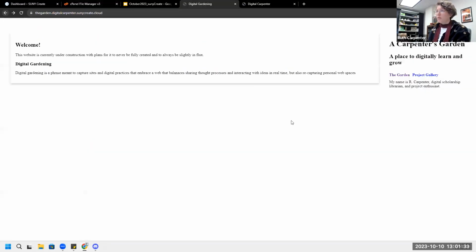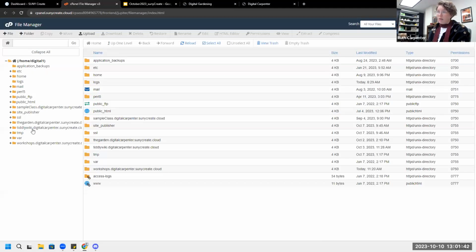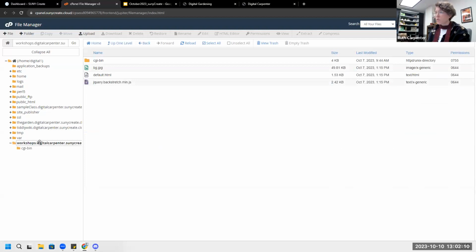Well, not this site, but this site right here. So my HTML and CSS files are in there for that site. But then it also has my TiddlyWiki subdomain. Now there's nothing in here because it's just there to point to GitHub. But it exists in my SUNY Create as my subdomain. And for now, for the rest of this workshop, I'm going to be in this workshops.digitalcarpenter.sunycreate.cloud subdomain. This is where I do a lot of my just testing of things or showing people things with workshops. So if I go to this site,